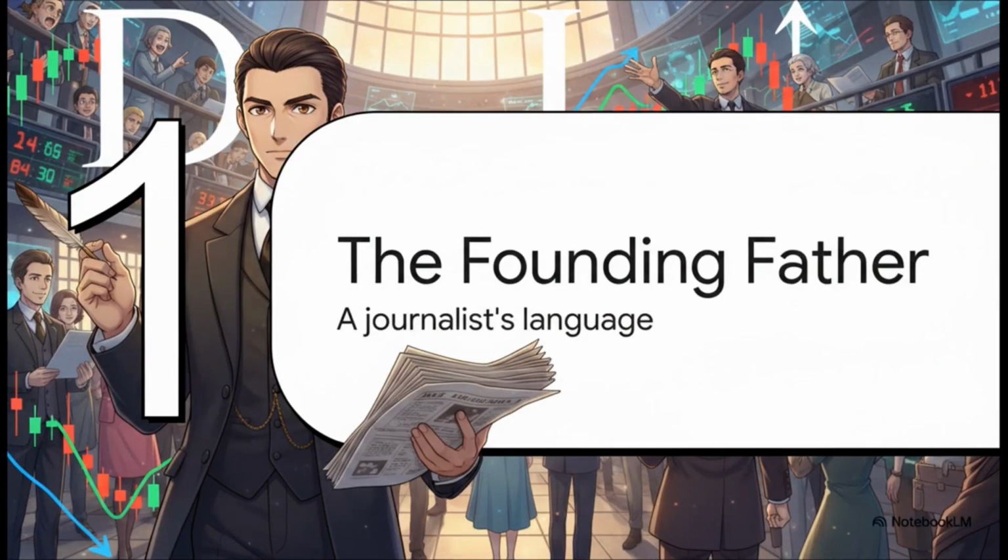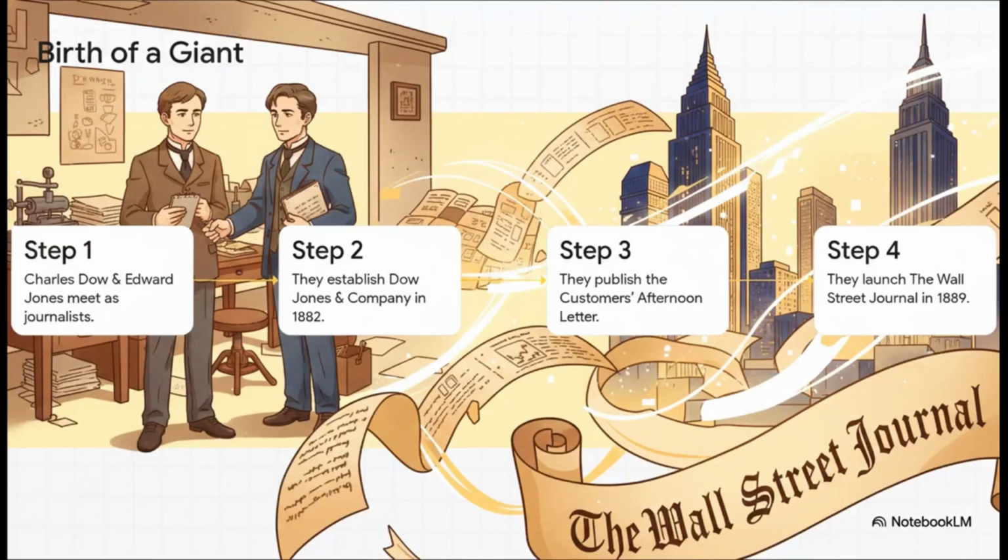Right. In that story, it really begins with one man, a journalist of all people, who'd end up giving us the very language we use to talk about the market today. His name was Charles Dow. Dow wasn't a Wall Street guy. He was a reporter. He and his partner, Edward Jones, yep, that Dow Jones, started a tiny little news agency in a basement near the New York Stock Exchange. They started publishing a daily newsletter, which eventually grew into something you might have heard of, the Wall Street Journal.